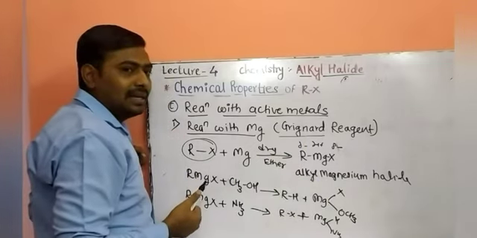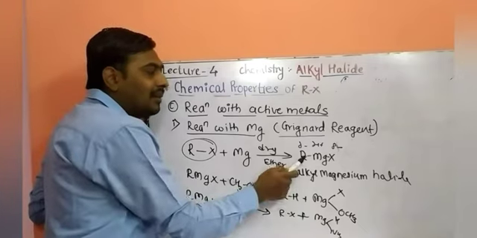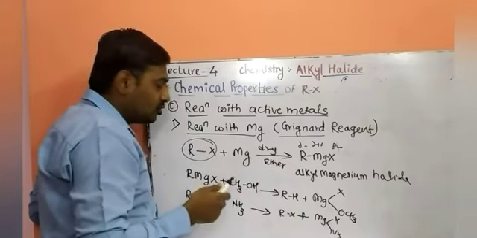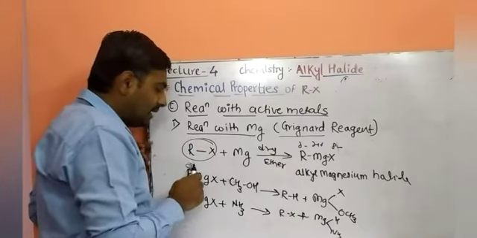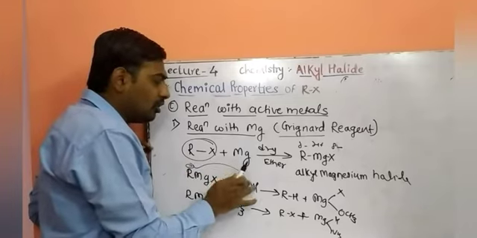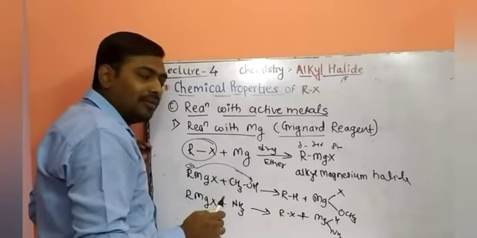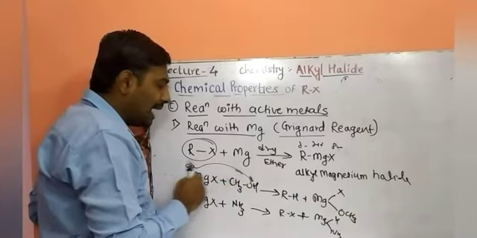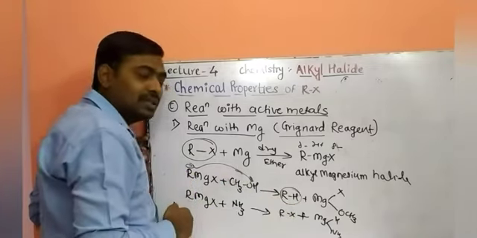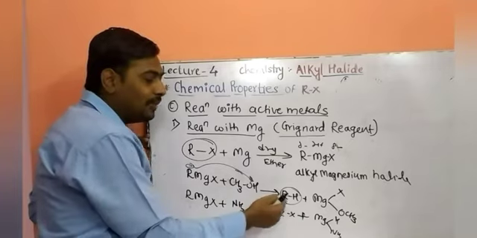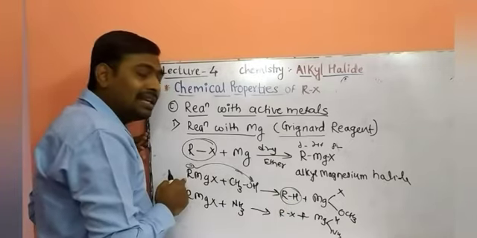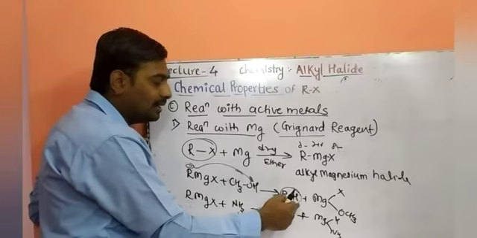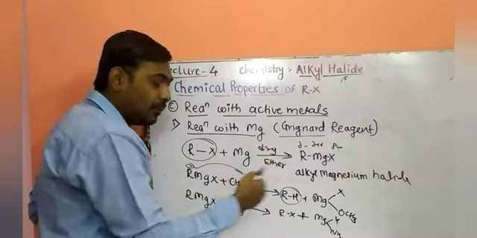So why are we preparing this Grignard reagent? Because it contains R minus as a nucleophilic center. So this R minus can easily abstract the proton of the methyl group, the proton of alcohol, to give RH as an alkane product. This type of reaction may be asked: how will you prepare alkanes from alkyl magnesium halide, or how will you prepare alkanes from alcohols? We have to use this type of reaction.